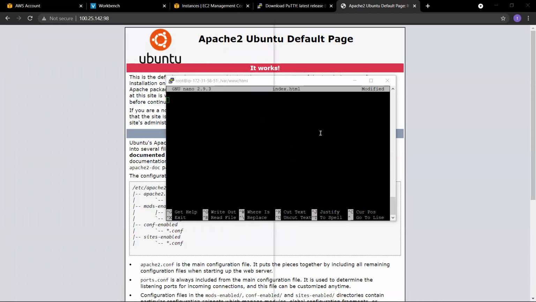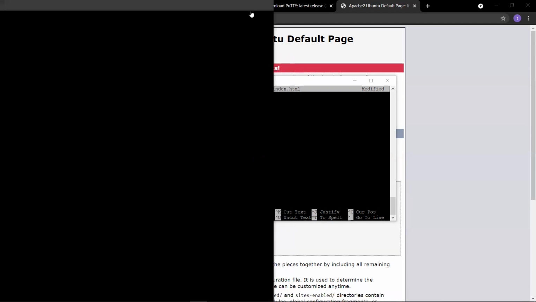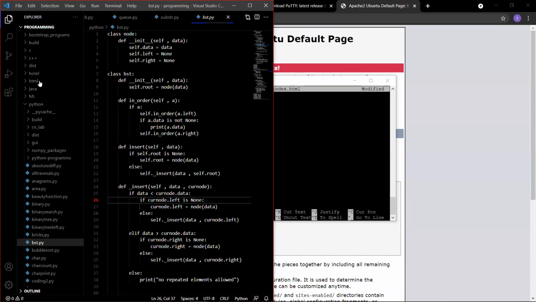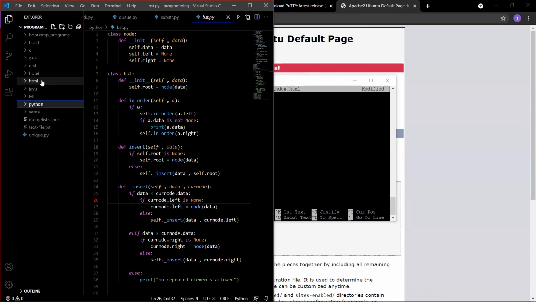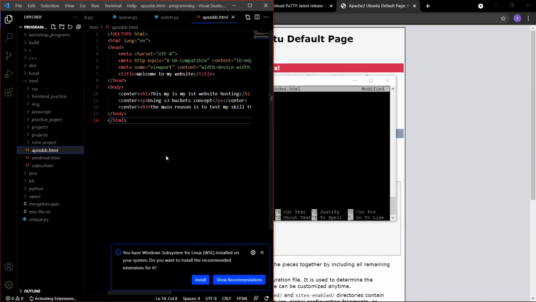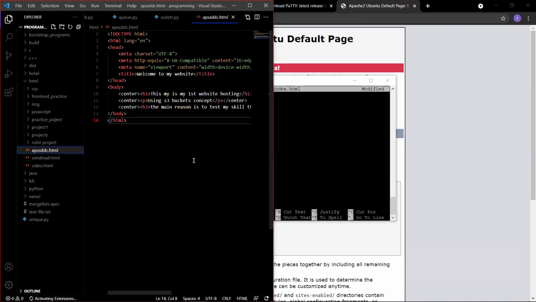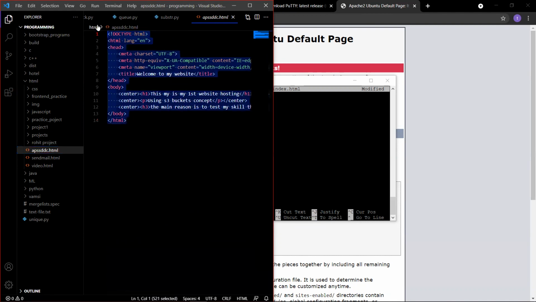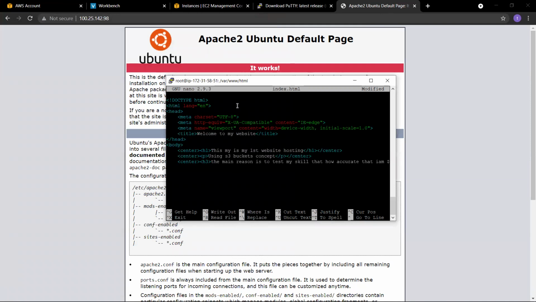I will open that web page. It is in the HTML folder. I will copy this and paste it here. Yes, successfully pasted. After that, we have to save the file.